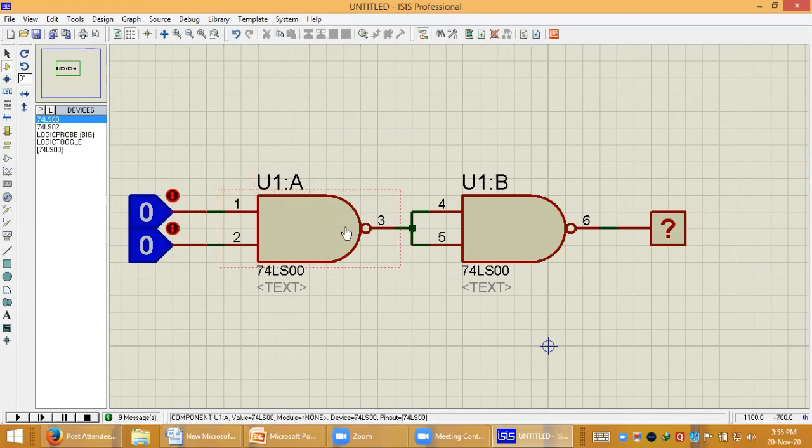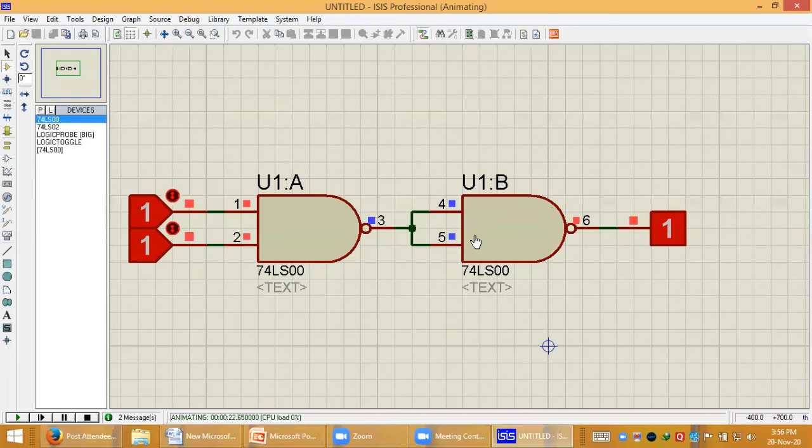The NAND gate output is given to the NOT gate, so it is equivalent to AB double bar. There are two bubbles, so double bar. Let's play the simulation. If inputs are 0 0, output is 0. If input is 0 1, output is again 0. If input is 1 0, still output is 0. If inputs are 1 1, output is 1. So here we have implemented the AND gate using NAND gates.